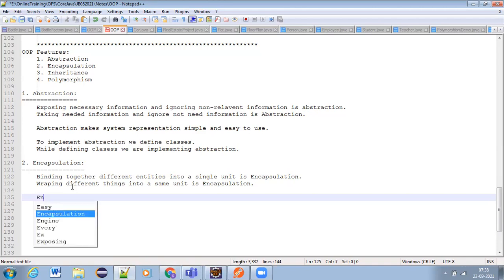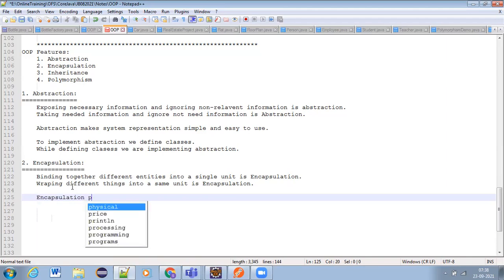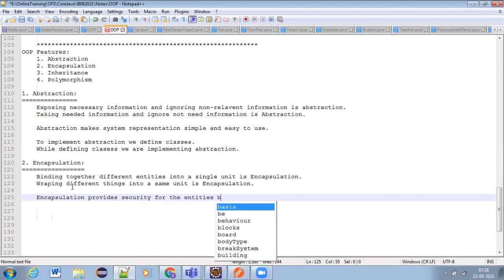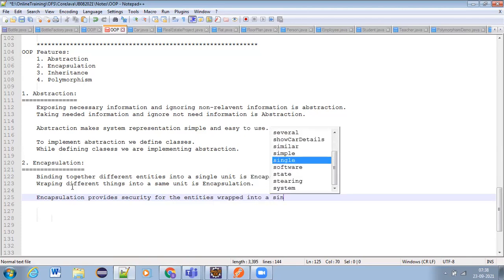Encapsulation provides security for the entities bound or wrapped into a single unit.